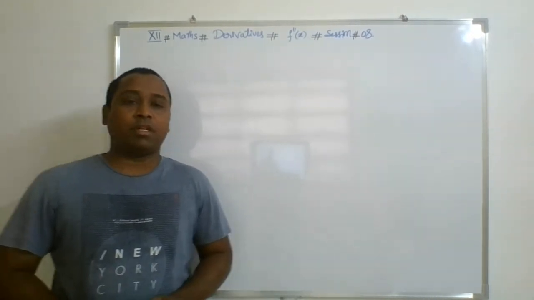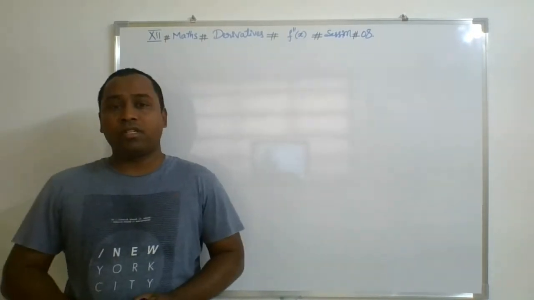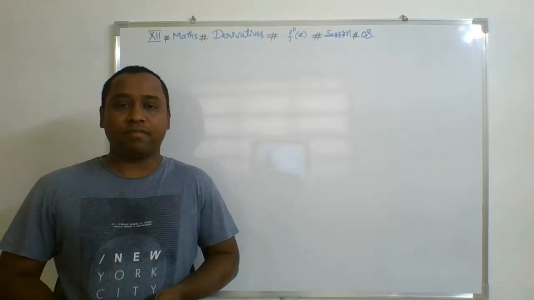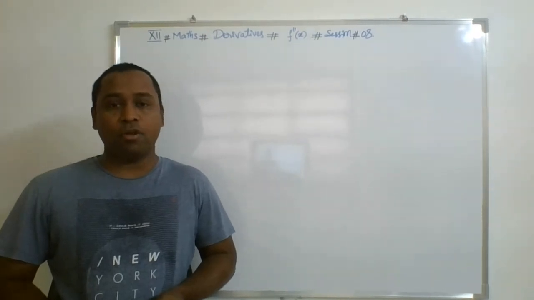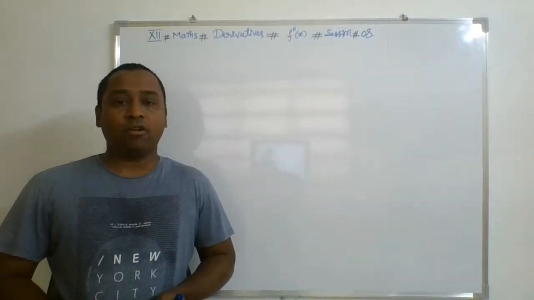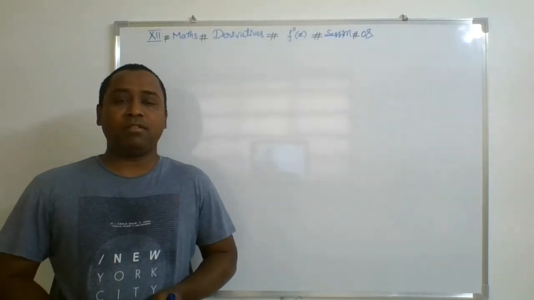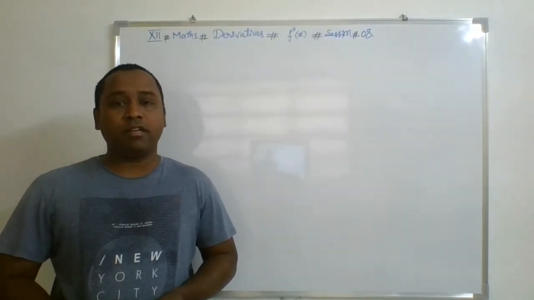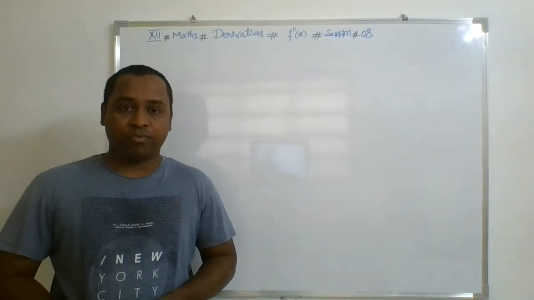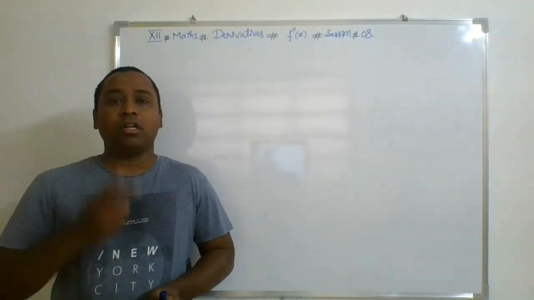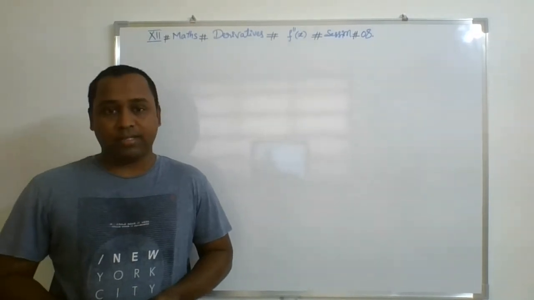Now, in session number 8, we are going to discuss a very interesting and very simple topic of the derivative, that is double derivative, also known as second order derivative, right? Second order derivative means it is the derivative of a derivative. It means we are going to do the derivative of the function twice instead of once.